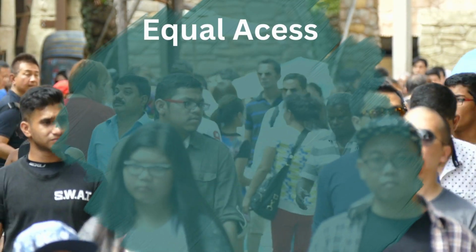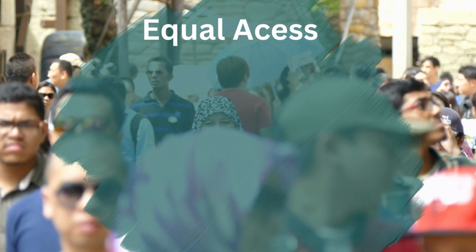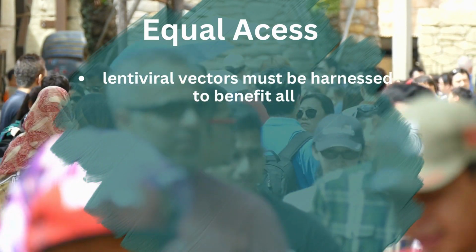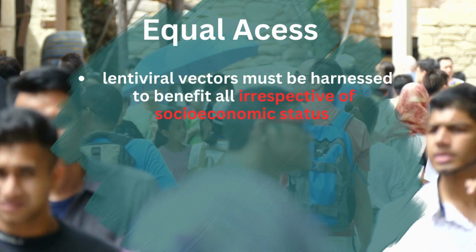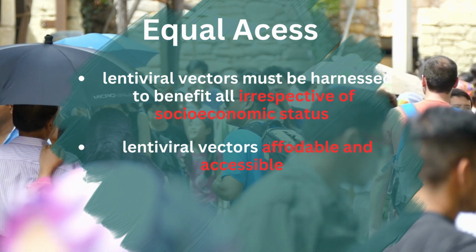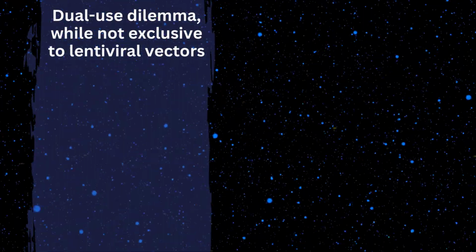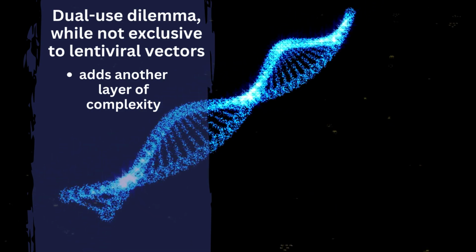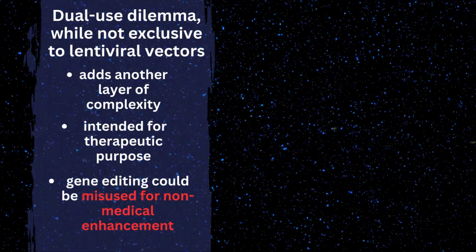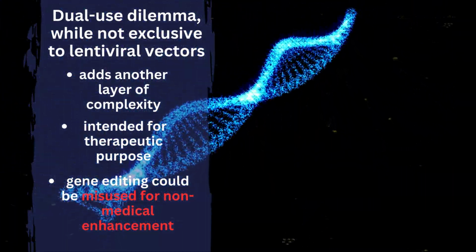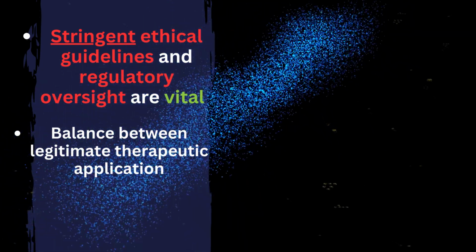Equity in access is a pressing concern with direct relevance to lentiviral vector technology. The transformative potential of gene editing using lentiviral vectors must be harnessed to benefit all, irrespective of socio-economic status. Collaborative efforts are essential to ensure that these therapies are affordable and accessible, averting the exacerbation of existing health inequalities. The dual-use dilemma, while not exclusive to lentiviral vectors, adds another layer of complexity to the ethical landscape. While intended for therapeutic purposes in the context of lentiviral vector-based gene therapy, gene editing could be misused for non-medical enhancements. Stringent ethical guidelines and regulatory oversight are vital to strike a balance between legitimate therapeutic applications and potential misuse